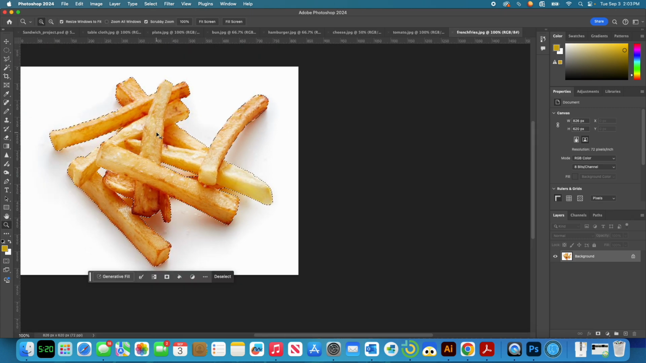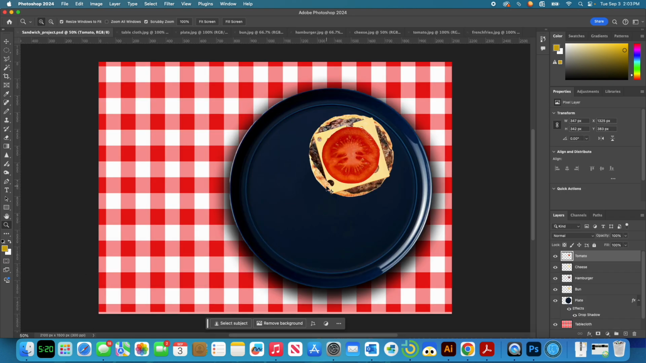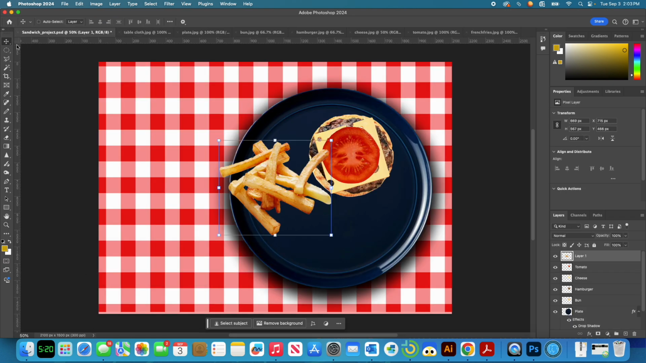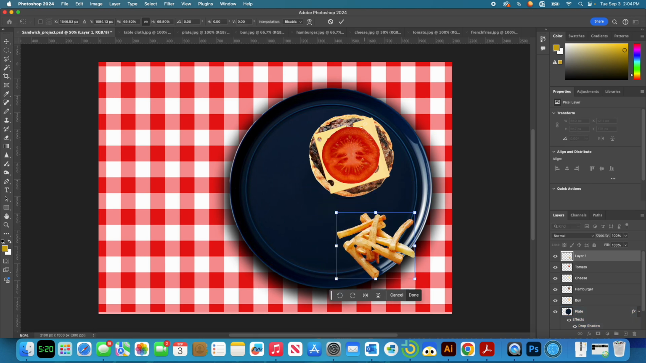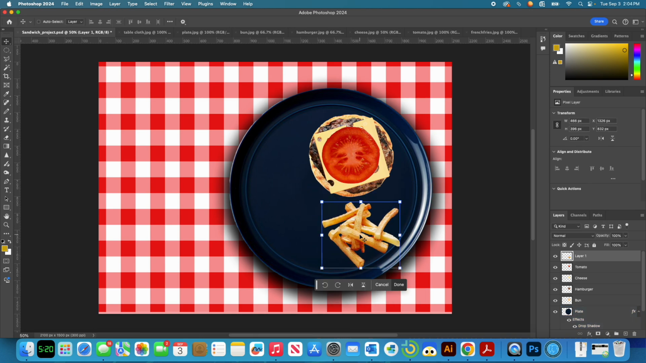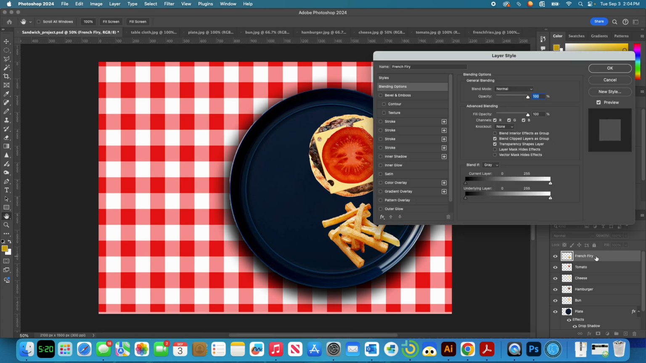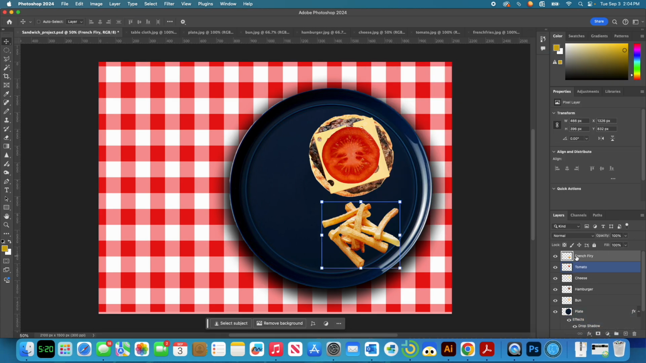All right, Command C to copy, bring it over to your sandwich, paste, and now we have French fries, okay? I'm going to make them a little bit smaller. I like a smaller fry, personally. And I'm going to double click and call this French fry. Ooh, I misspelled that. Going to call this French fry,